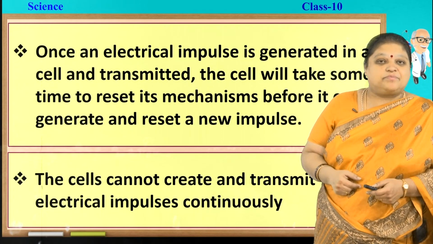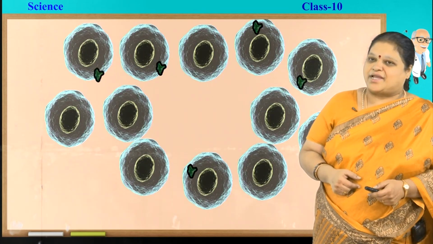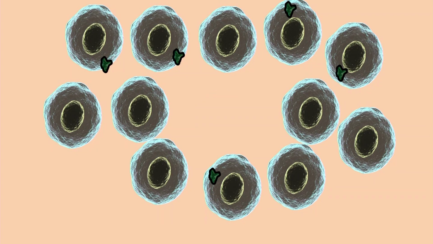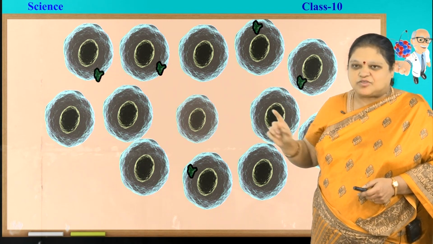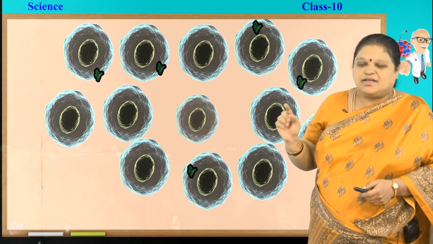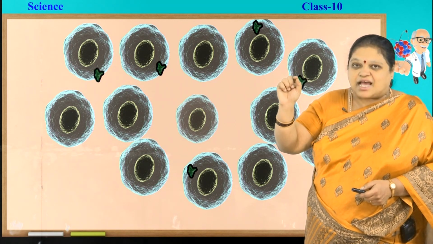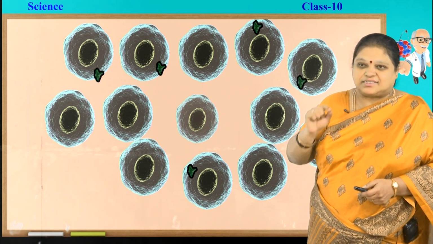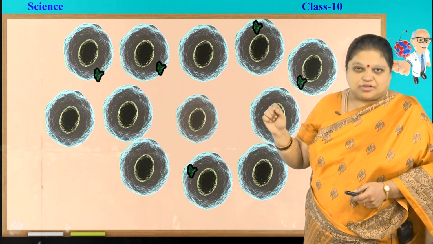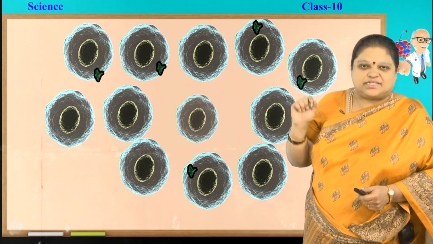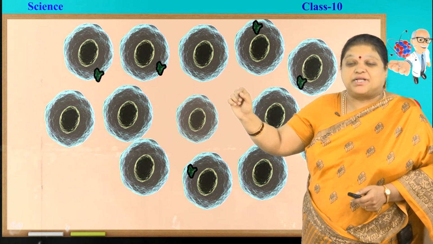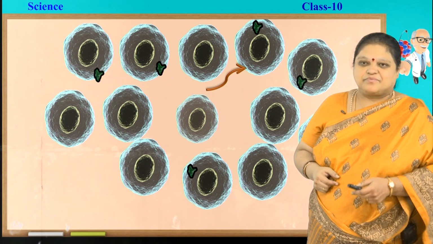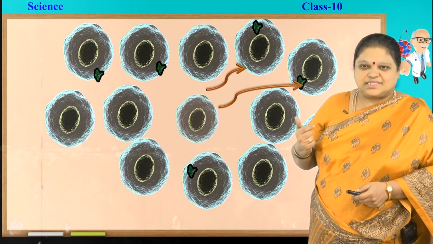Then what happens in the plants? Plants have a different mechanism. You can see a sample of cells here. That is the cell which has to send the impulse, the one which flickered. You can see so many other cells present surrounding it, but the cells which have some specific proteins, you can see some green colored spots that I have shown, those are nothing but the proteins. Those which have the proteins only will receive the impulse sent by this. See, that received, see.